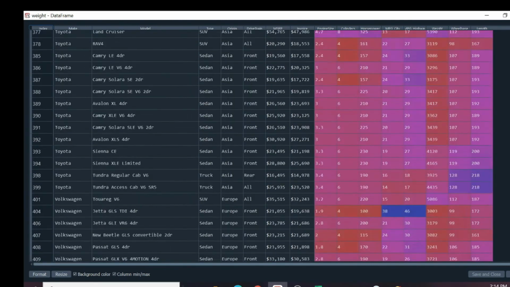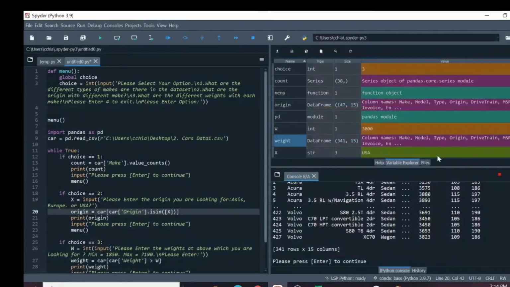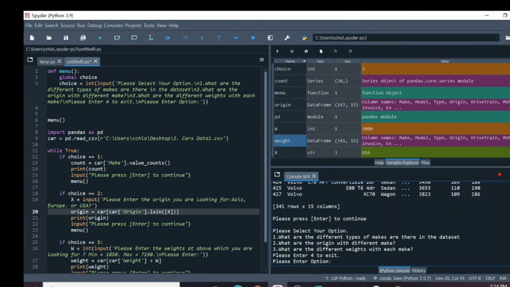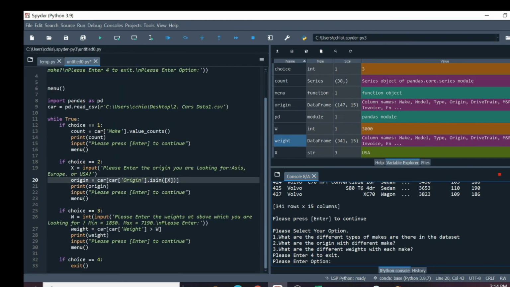Good. And then we continue. We can continue with all the different options. And then finally we enter 4, and then we will close this program. Now I have finished the Python code. I can show it to my stakeholders, and then they can make the selections based on